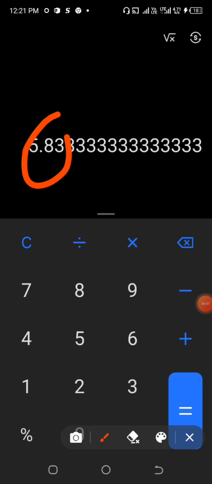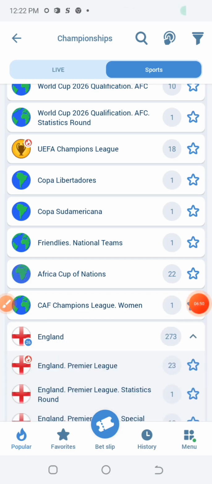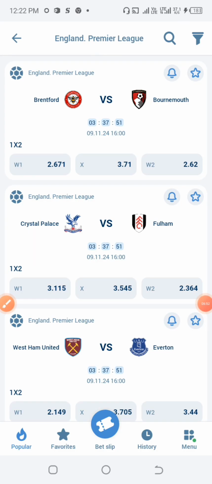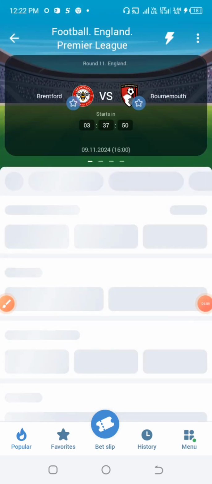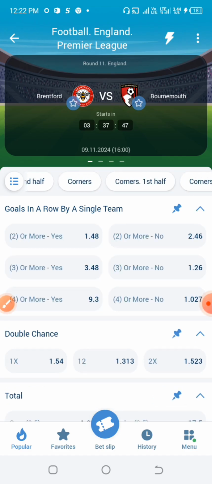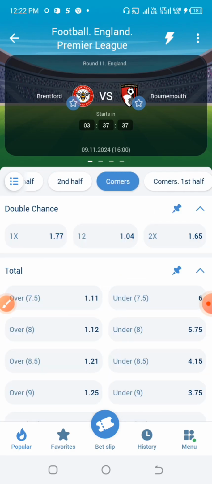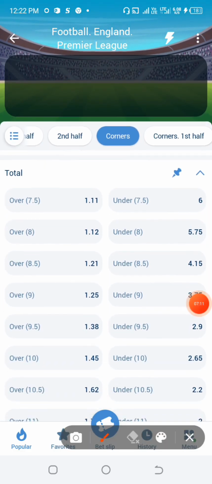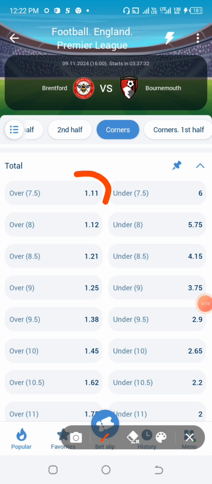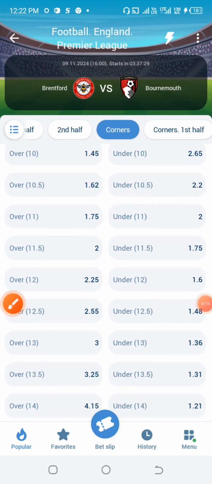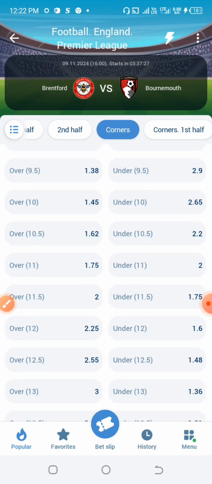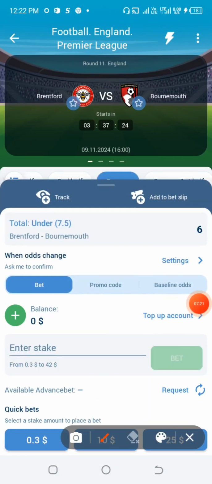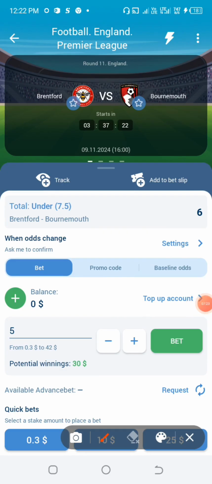So let us look at it on the bet platform that we have here. Alright, so let's see if we are going to get the market from the bookmaker. This particular market, you will not really find it on all bet platforms, but you can easily get it from this place, because they can offer you guys low markets. Alright, so unfortunately we don't have it, since the bookmakers already know that this particular game should end up in a high corner game. So for me, I'm going to avoid this particular game since the market was not provided,